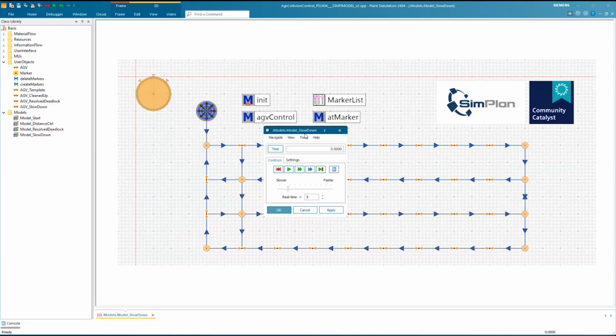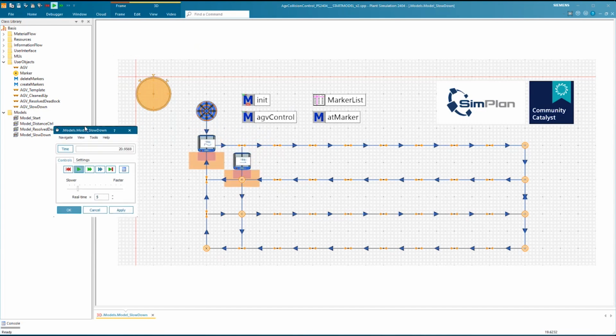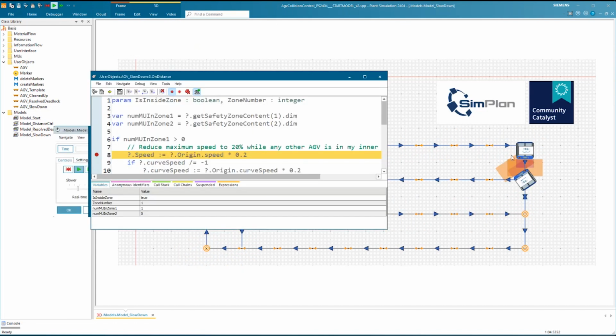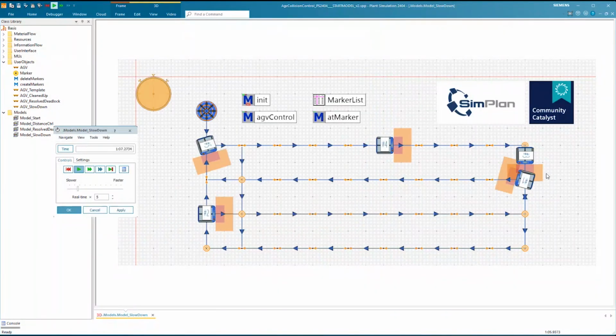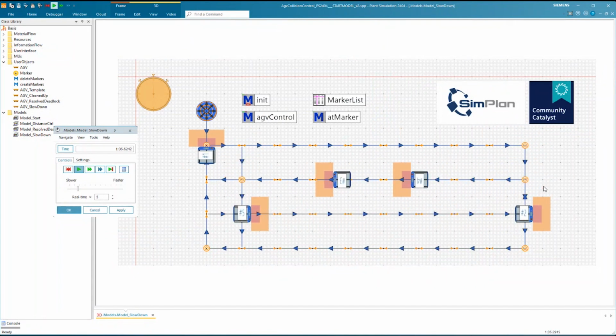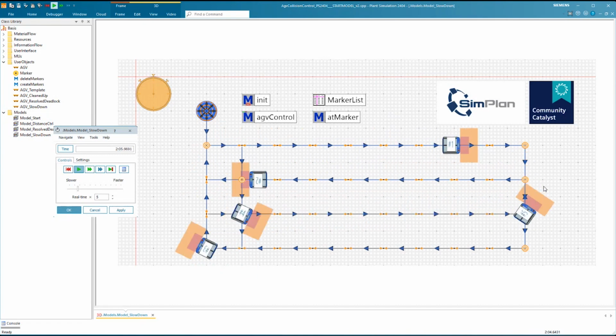So I put this here and then run it again. So now with this adjusted code, I do not wait in case of a deadlock situation for 30 seconds. I would immediately allow the AGVs to continue moving, but do so very slowly. So you see this here, right in the first situation, my breakpoint triggers. So now this AGV was driving much slower while there was somebody else in the way, but they kept moving through the process. So again, the idea is to say this is possible in the real world.